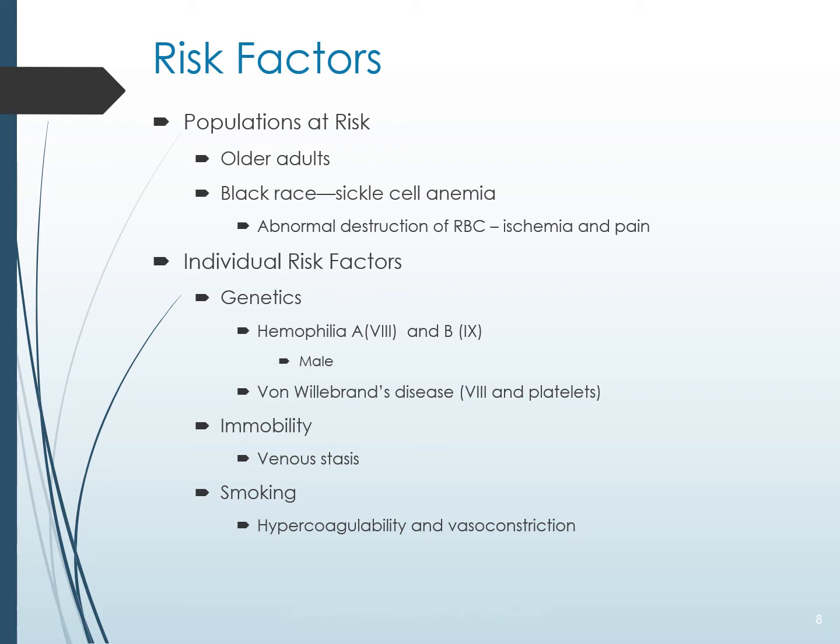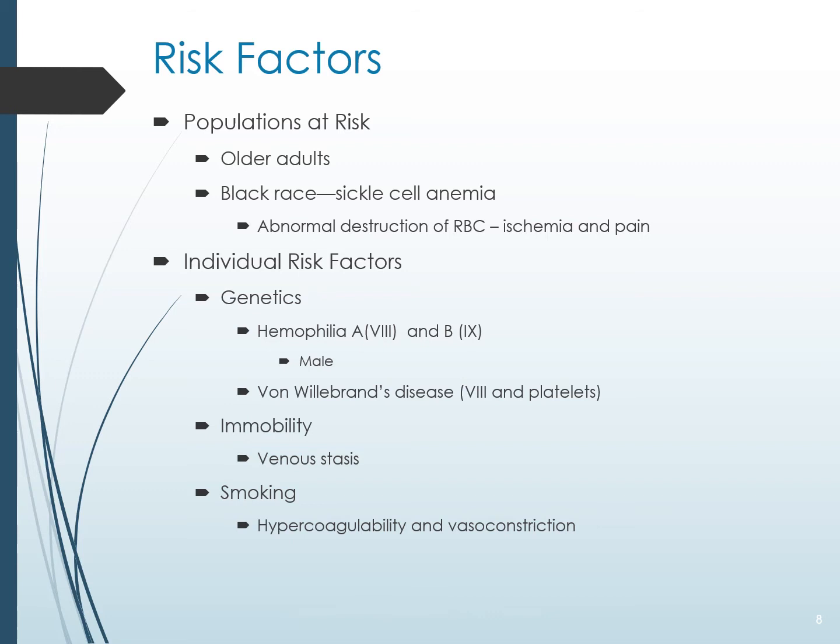Individual risk factors. Impaired clotting affects all individuals regardless of age, gender, race, or socioeconomic status. Common risk factors are described. Genetics. Several genetic disorders are associated with hematologic conditions. The classic example is hemophilia, a recessive genetic disorder caused by the inability to produce adequate clotting factors needed for